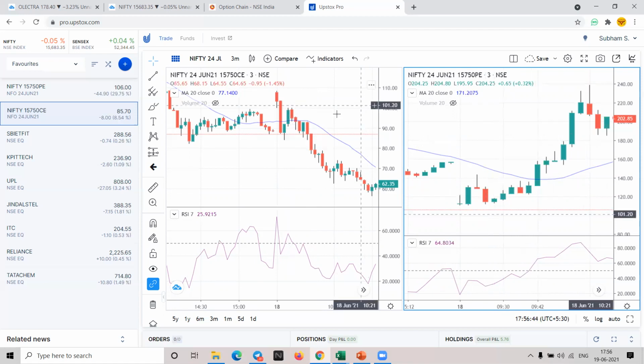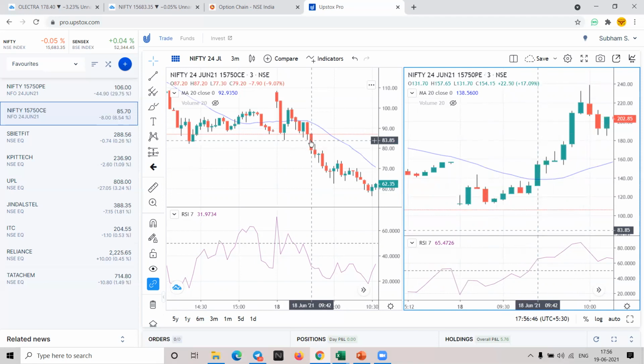In this case, what was the size of the candle? What is the size here? Somebody tell me fast. 10 points. So when you take a sell entry, you can expect 15 points of first target.